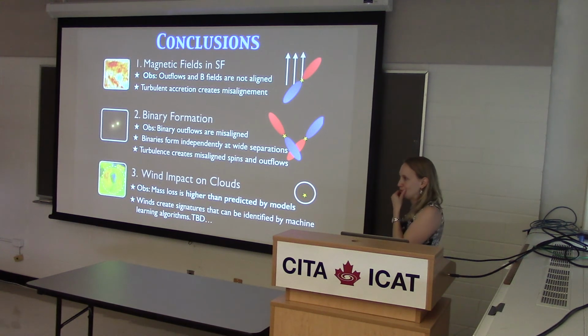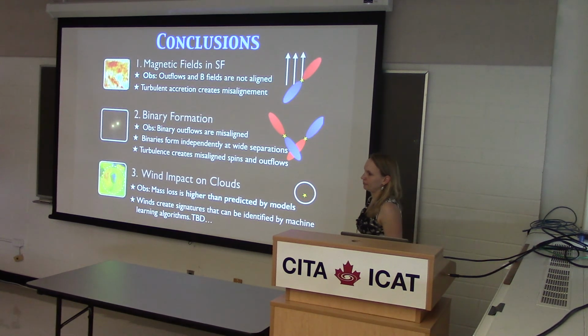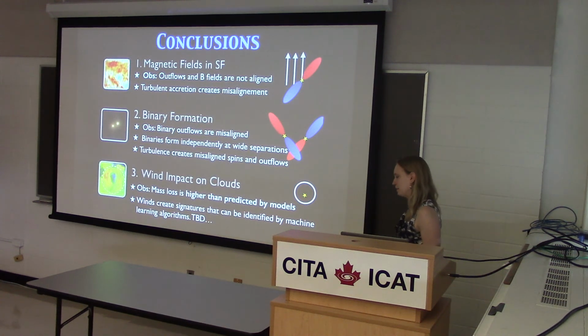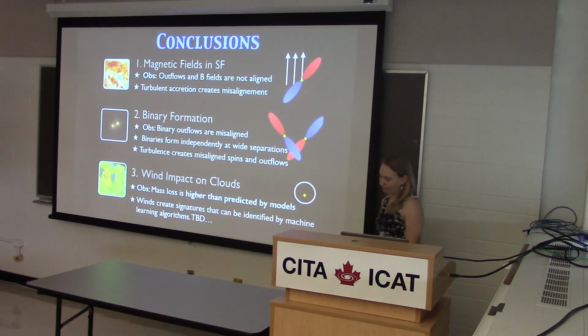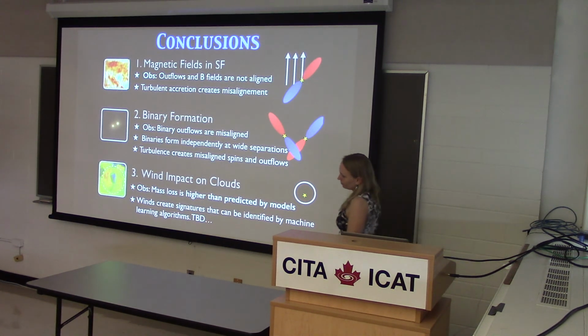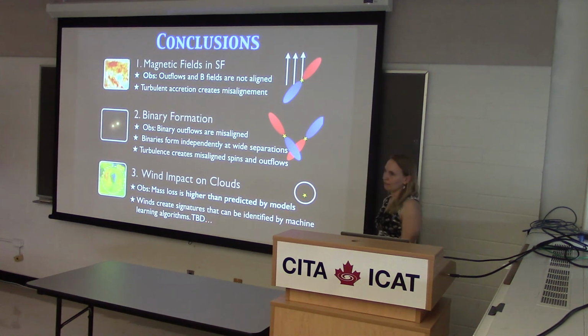I have a comment on the wind impact on clouds. I don't disagree with the observational result that something is producing bigger bubbles than would be produced by winds from protostars. I'm pretty sure it's not winds, because winds come off protostars at several hundred kilometers a second, more like 4,000. The range starts at 1,000 or something. They'll shock, and they will produce a lot of X-ray emission. You never see that much X-ray emission.